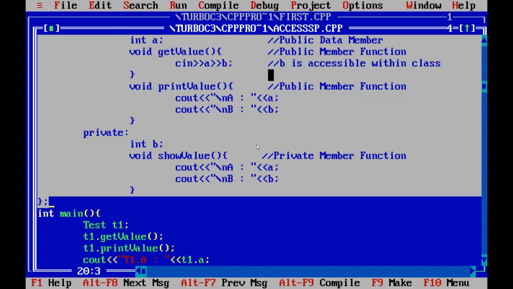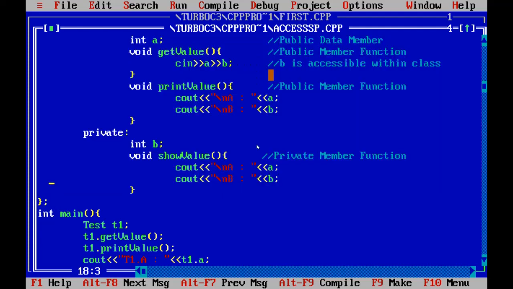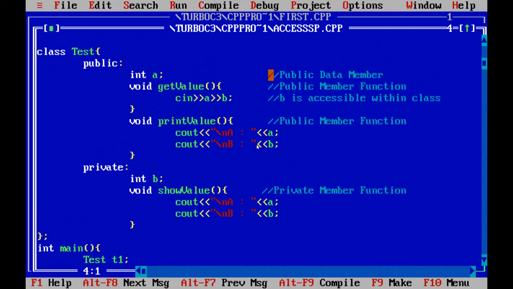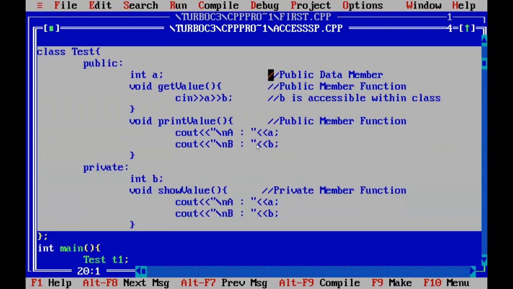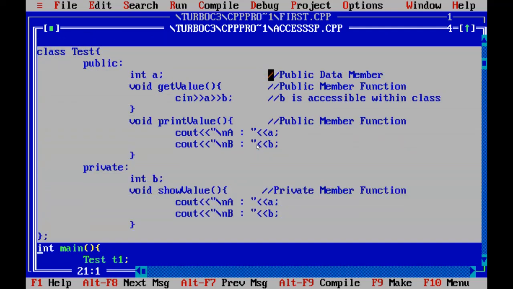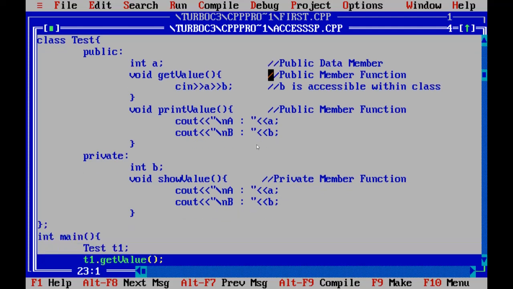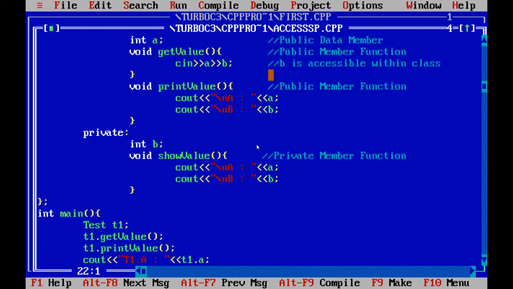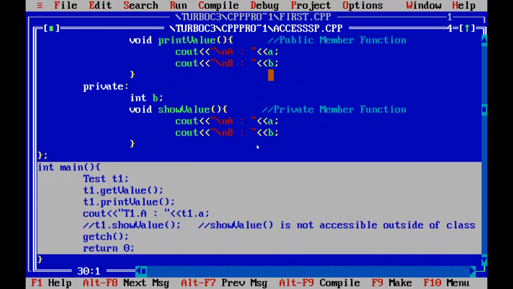The selected portion you can see on your screen is the class definition area. So it is class. All your private data members are accessible only within this area. The meaning is variable b, which is declared as private, can only be accessed within this class. And the second portion in our C++ program is a main function.